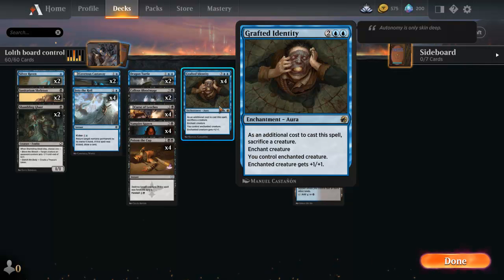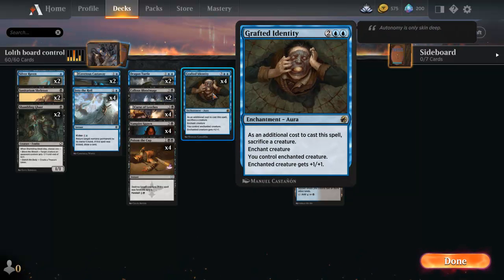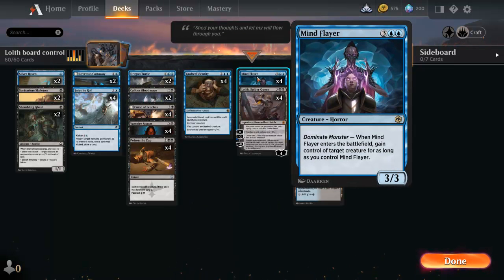Grafted Identity is an enchantment that lets us take control of a creature, and it gives it +1/+1. But as an additional cost to play this card, we have to sacrifice a creature. Typically, we sacrifice tokens. I've used this as a removal spell in a way, because I would take one of my opponent's creatures. But if